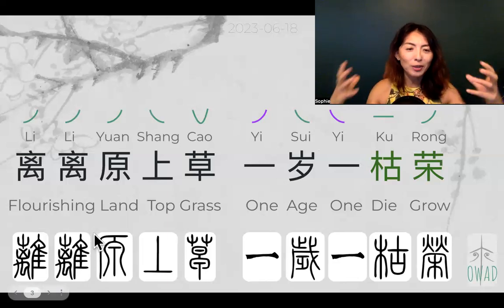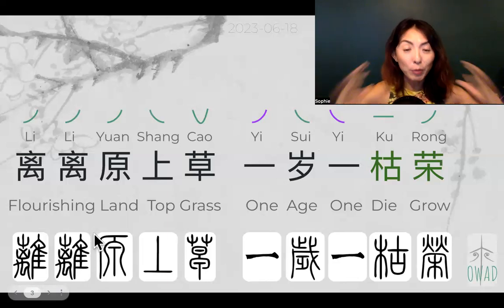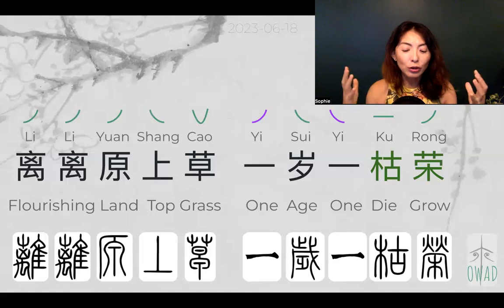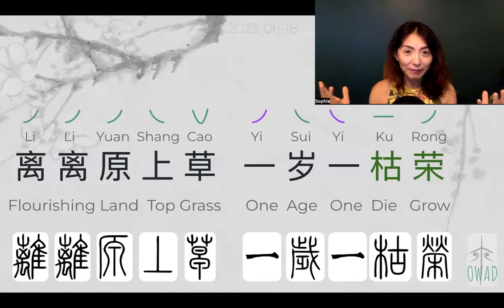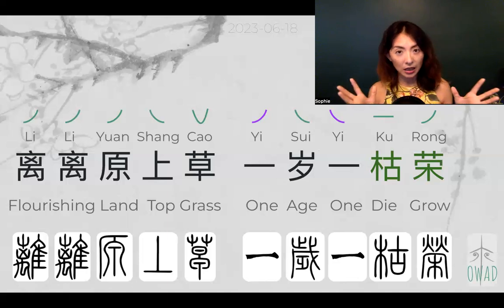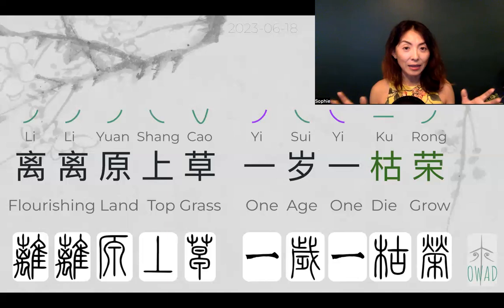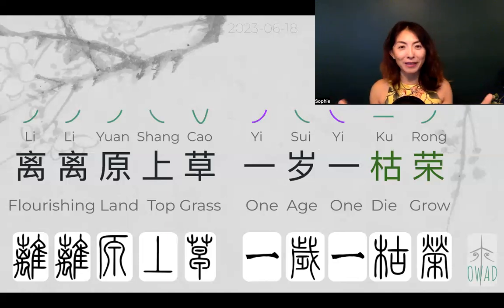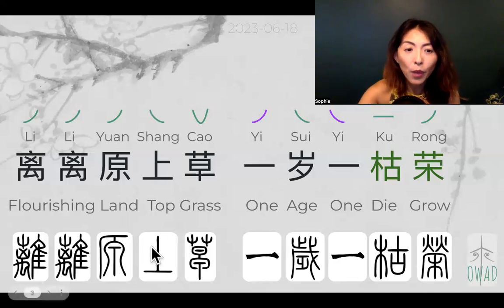Doesn't it show you almost like a jungle picture? Like you have animals running on the ground, you have animals flying in the sky, and that shows you the flourishing animal kingdom right there. And that's how I view this character here. It means the flourishing. Things are wild, and that's when things are growing well, without the messing from human beings, without us interfering with their natural life cycle or life environment, they are flourishing on their own. Okay, so that's Li. 原上草.